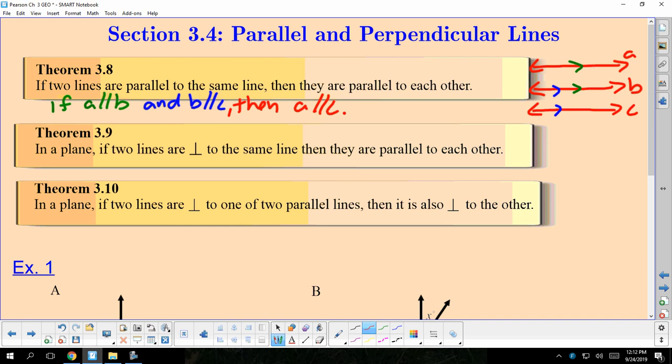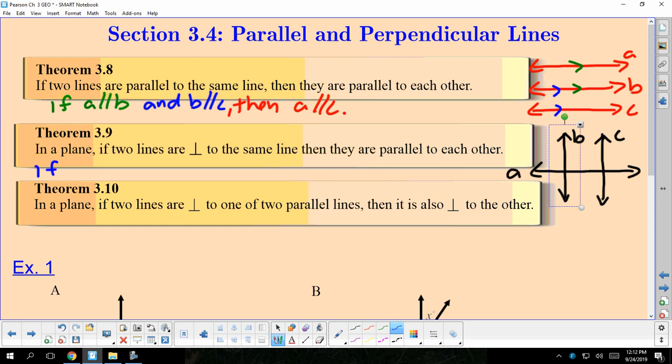Next, in a plane, if two lines are perpendicular to the same line, then they are parallel to each other. So let's take a look at this. We have A, and then I have line B, and line C. So what this one says is,